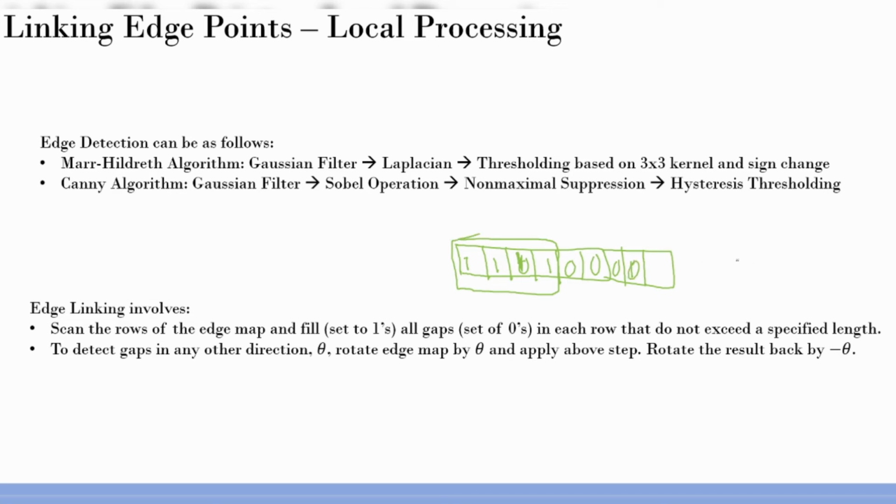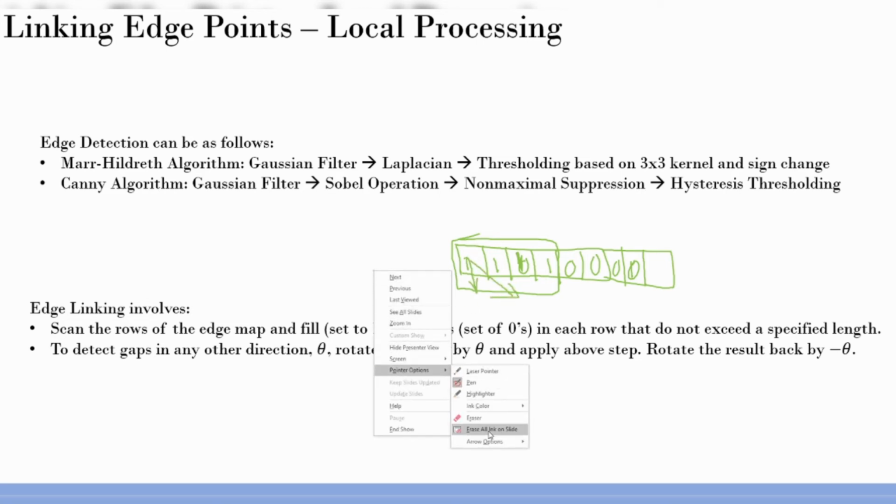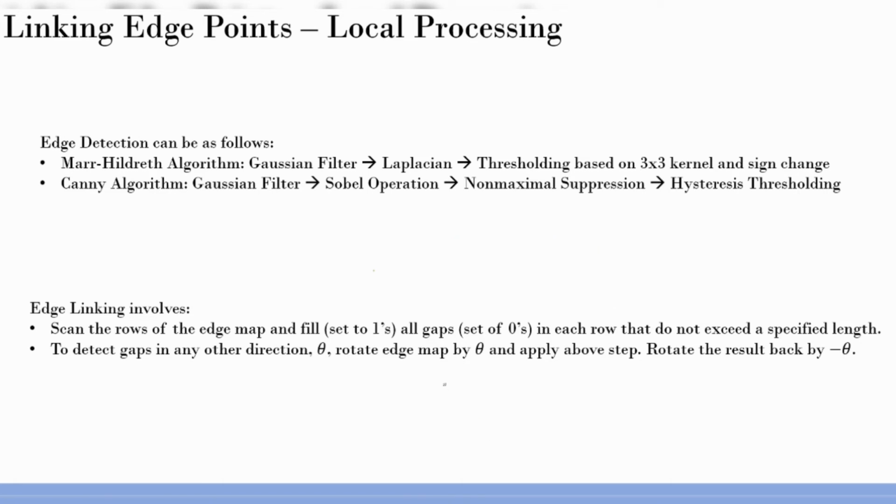But then the next question is, what about other directions? That's what this step says. You have to see the vertical direction also. You have to see the diagonal direction also. And then you do similar thresholding and come up with linking. But this is a very rude way, right? There is no basis here. It all depends on the threshold. It's one way to link the edge, quite a straightforward way of linking the edges.